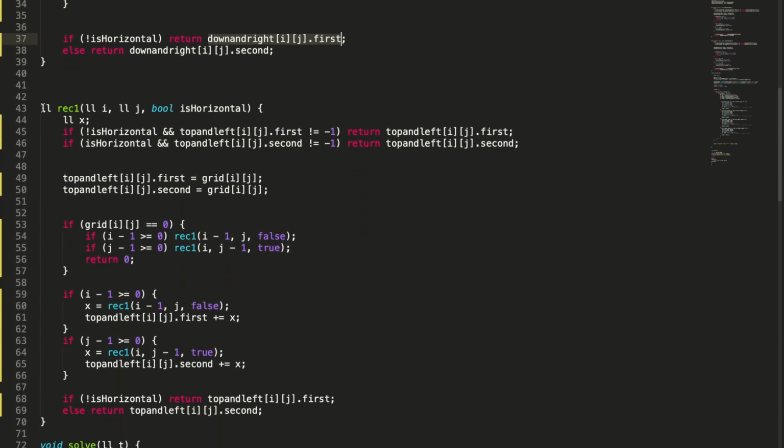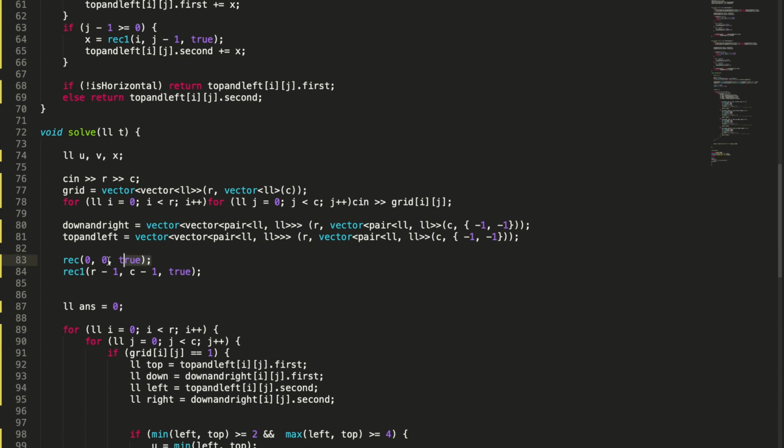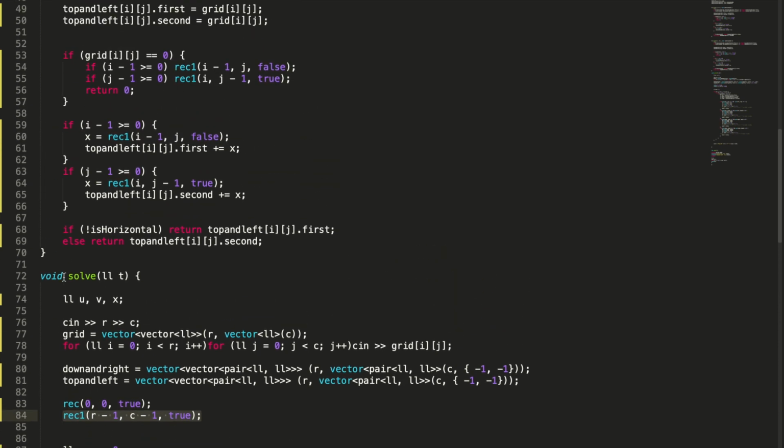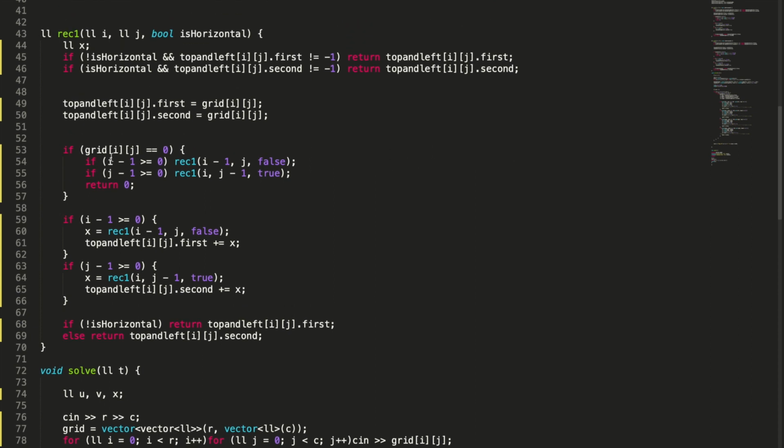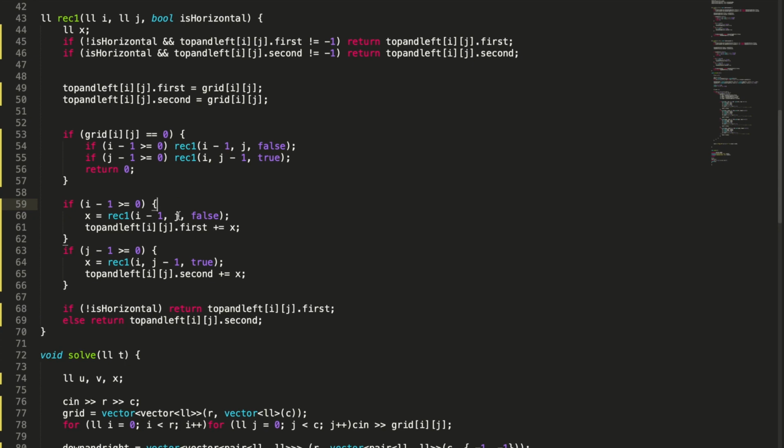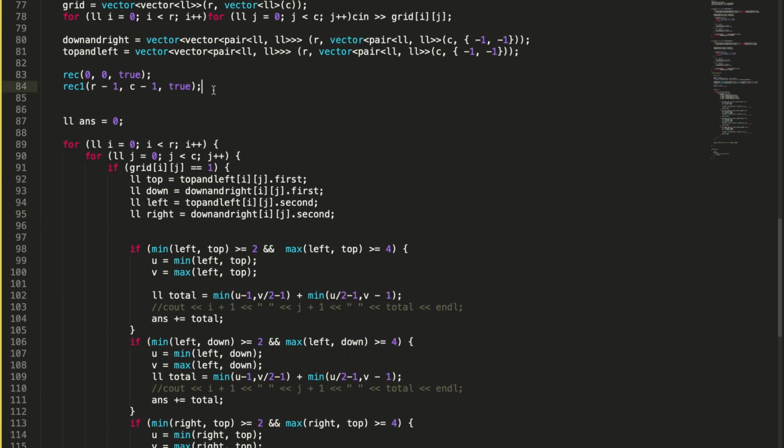Similarly, we can see here, this is after setting it for the bottom and right. We are doing this for the top and left. Here what we have just changed is that we have made a few changes here. You can easily figure it out if you go through the code. After that, when we have found all the